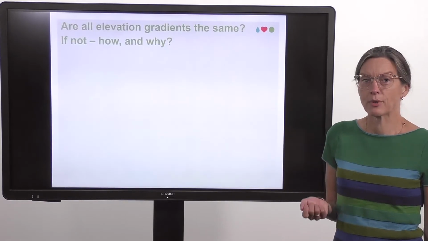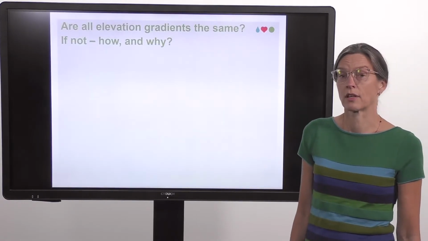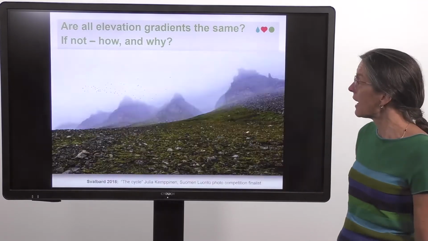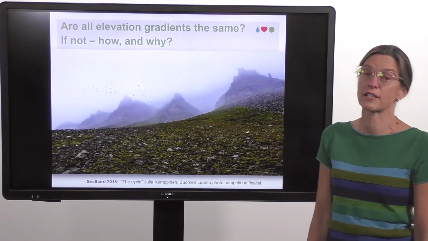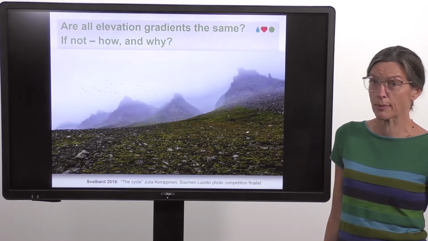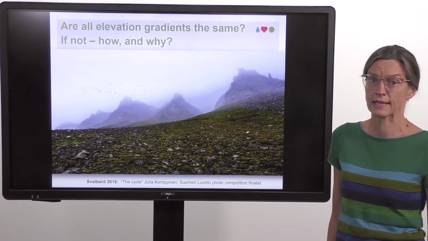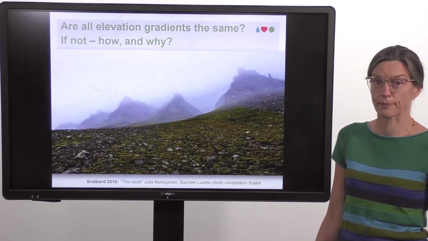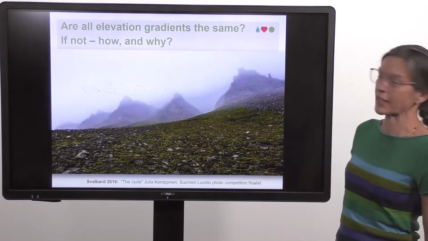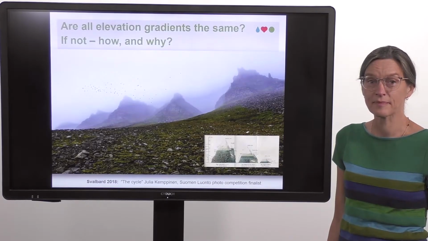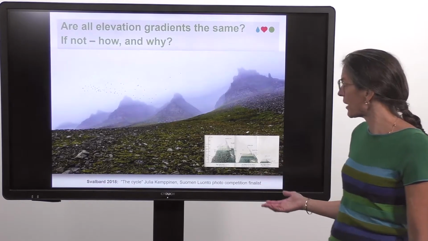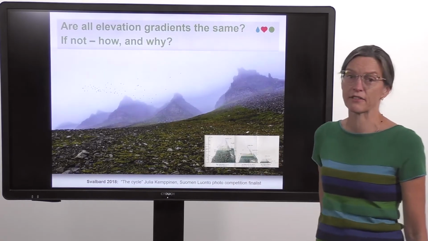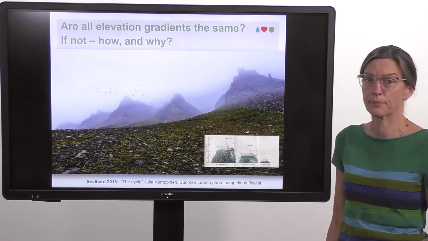The work that I'm going to talk about today is research that we have done over the past 5 years to address some of these questions. This picture is taken from one of our sites in the Svalbard archipelago up in the North Arctic at 78 degrees north. It's also taken by one of the participants in this work. She calls it the cycle. It's a beautiful picture. And what we'll be talking about now is how these mountains way up in the Arctic are similar or different from mountains at very different latitudes, so much further south.